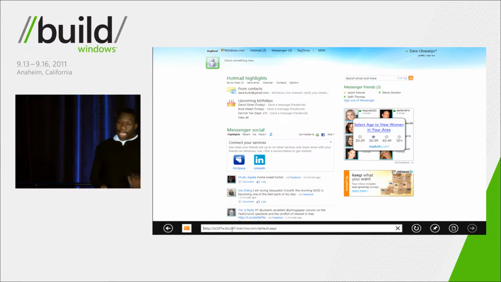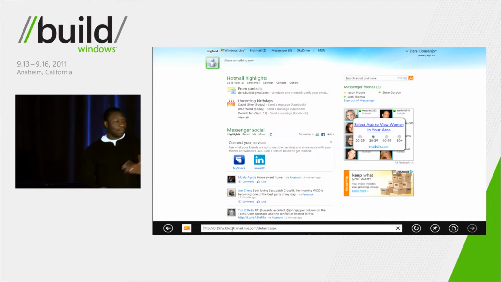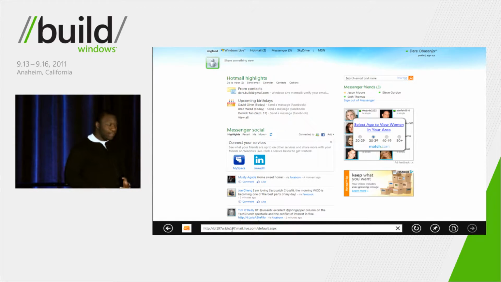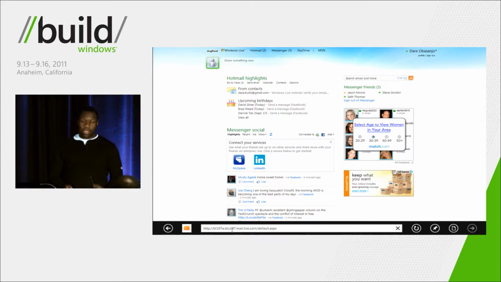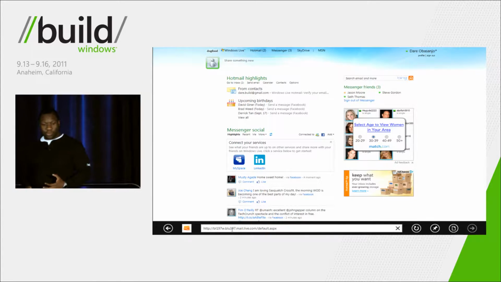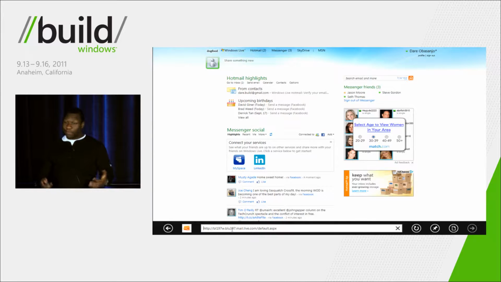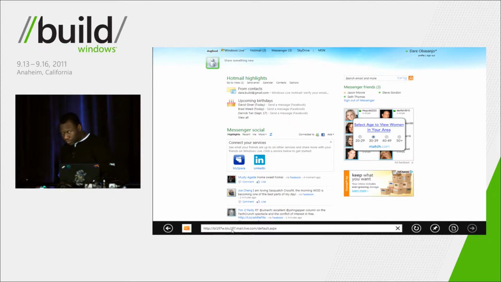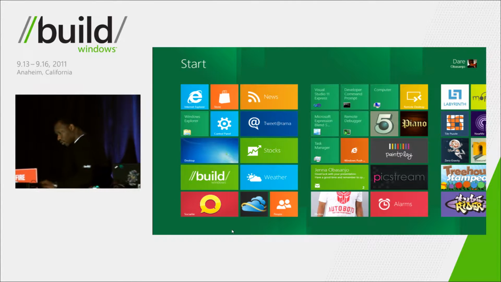And this is the case for any website that supports Windows Live ID. Not just Microsoft websites, but websites that you build as well. You can take advantage of the fact that when a user logs into their PC with a Live ID, that Live ID is now a function of the operating system, and your Metro-style apps and websites can rely on that identity. So as a user, as long as I visit sites that support Windows Live ID, I never see a login box because I've already typed that username once, I already typed my password once, and I'm good to go. So let's go back to the presentation.